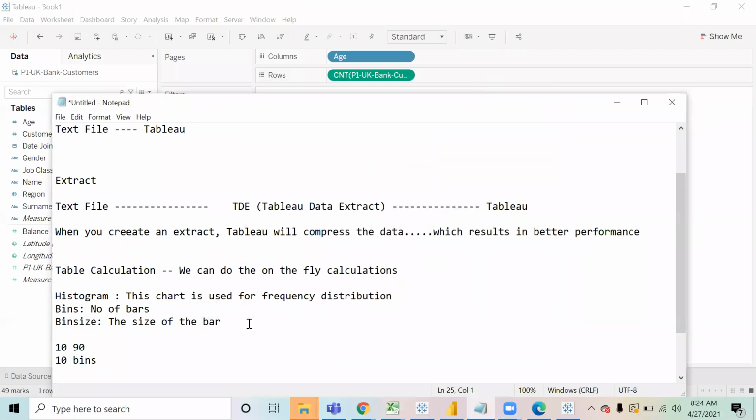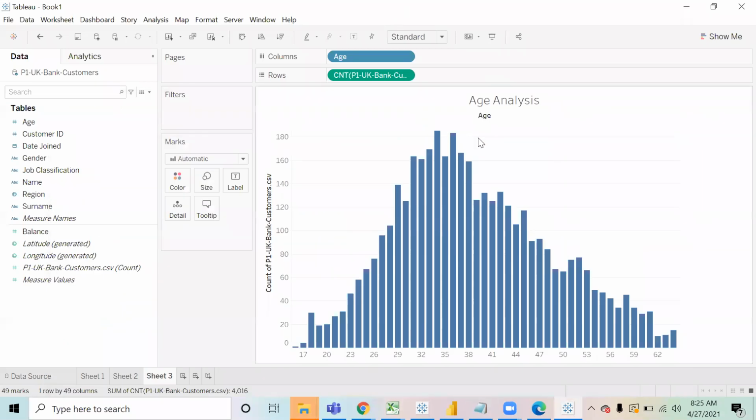Okay. So what we're doing is, one is called bins and one is called bin size. Bins means the number of bars and bin size means the size of the bar. You can choose any one of them. You cannot decide both the things, right? One is dependent on another. If you say you want 10 bars, it will be divided accordingly. If you say you want a bar of size 20, the number of bars will be defined accordingly. Now, this is the same thing that we are going to do over here.